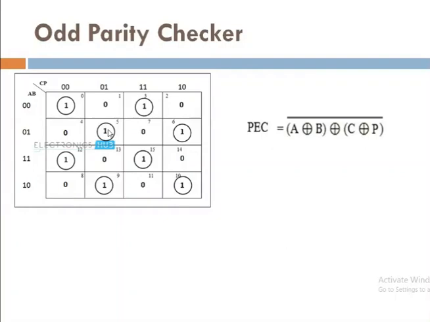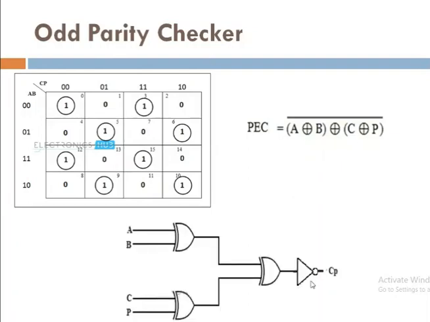If an even parity checker requires the XOR gate, obviously an odd parity checker requires the XNOR gate. So that can be implemented by using the NOT gate. In the previous diagram, we just need an extra logic gate, that is a NOT gate. With the help of the NOT gate, we can implement the XNOR gate. Okay, so in this way you can generate the parity, either even or odd. Same at the receiver end, you can check the parity bit, either even or odd.